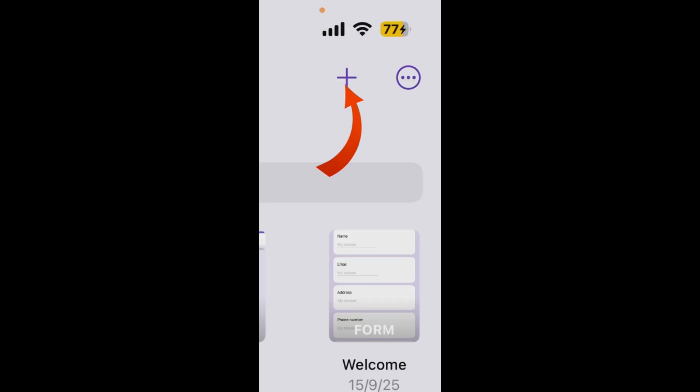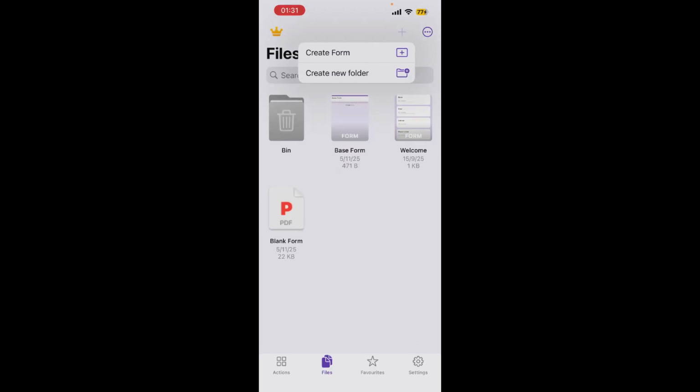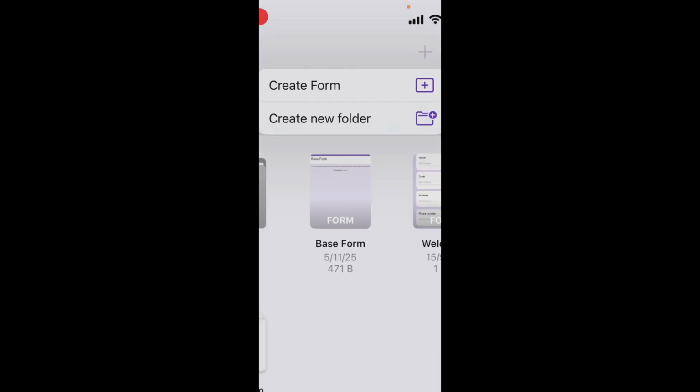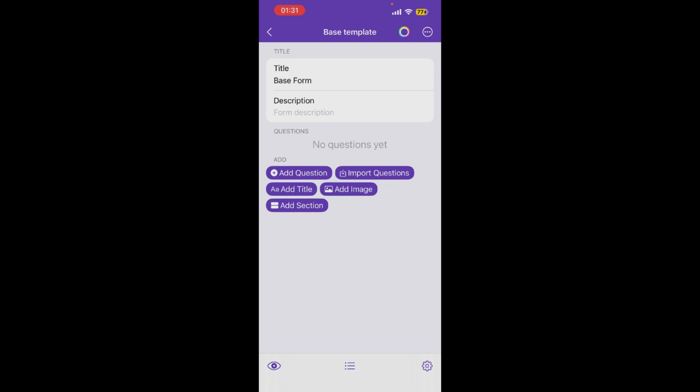Just look at the top right where you can see this plus icon right next to the three dot button. Just go ahead and tap on the plus icon. Now you have options to either create a form or create a new folder. Just go ahead and tap on create form, and now just write down the title of your form, write down